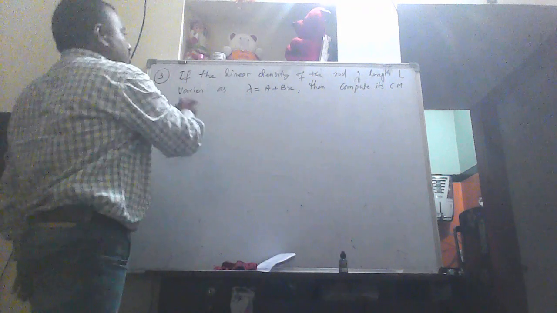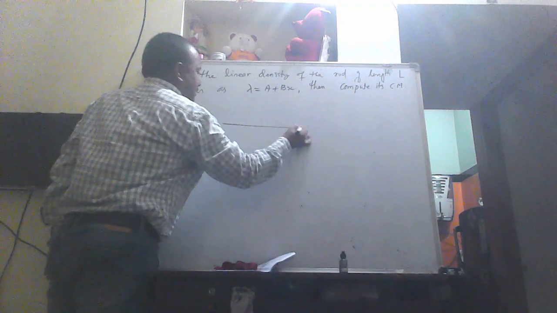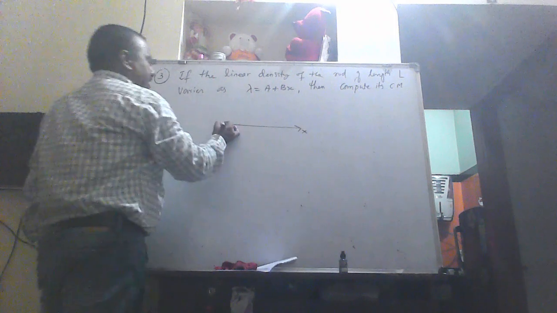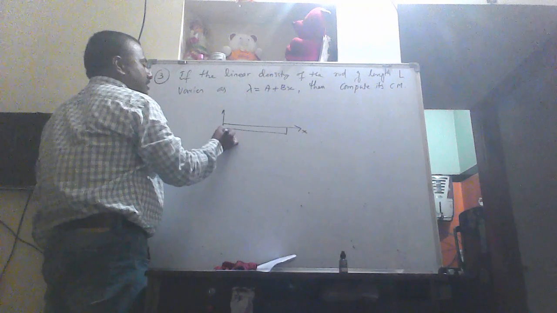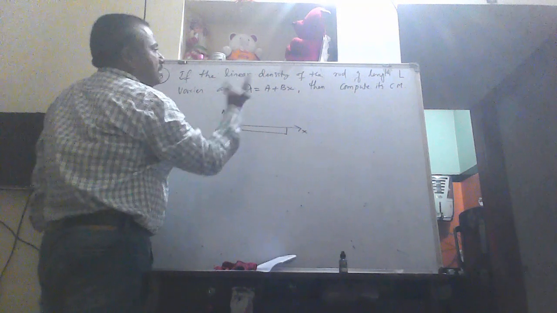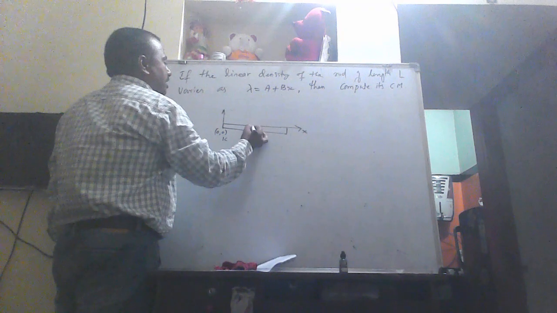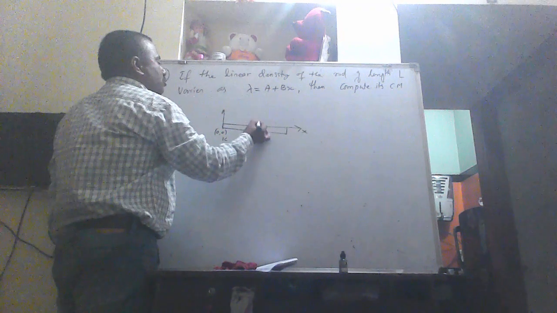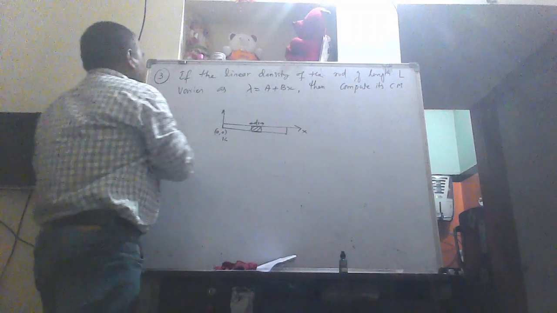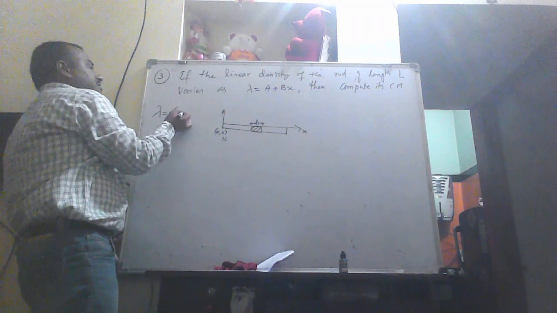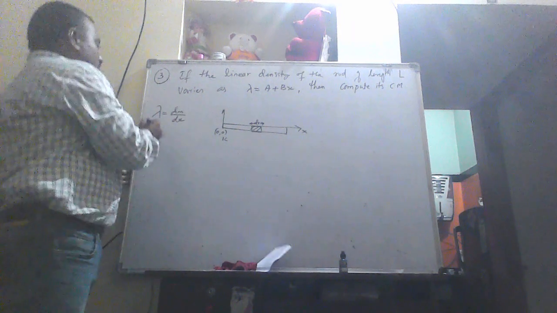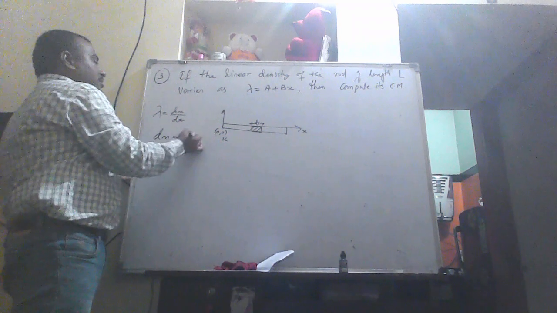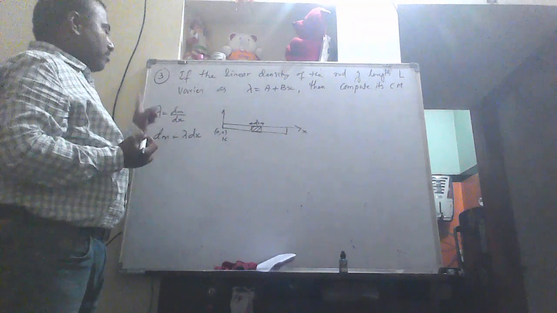Very simple. Here also y center of mass will become 0. Linear density means we take the body along the x-axis, with this point as the origin. They have given its length as L. I take a small portion of the body, dx, and write linear density lambda as dm by dx, a small fraction of mass with respect to a small portion of length. So I take any mass dm as lambda into dx.